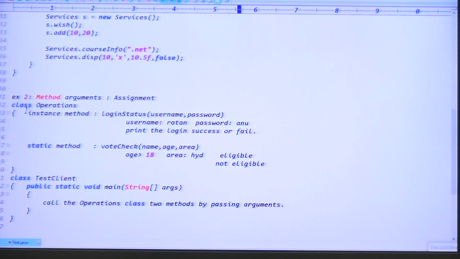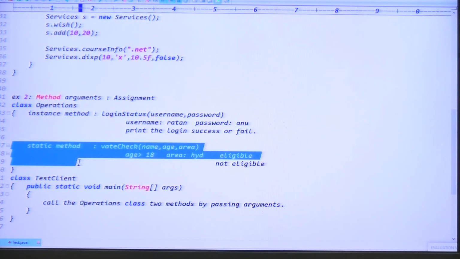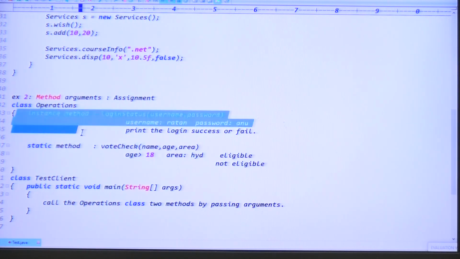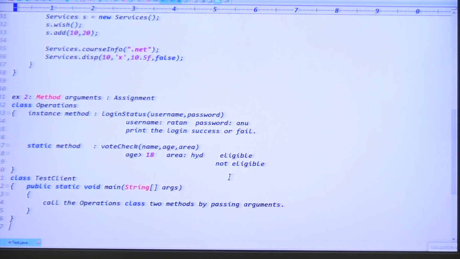As you know, how do we call instance methods? Tell me, guys, how can we call the instance method? Using an object. Then how can we call the static method? Using the class name, right? Instance methods go with the object, static methods go with the class name, right? Exactly, guys. I hope you got clear, right? Yeah, so that's all, guys.